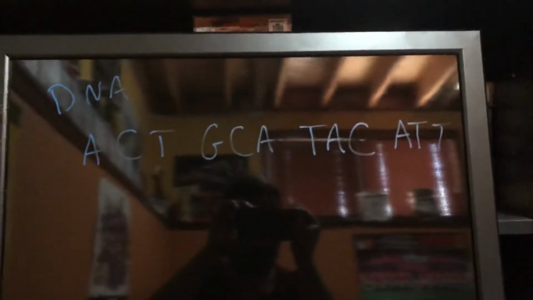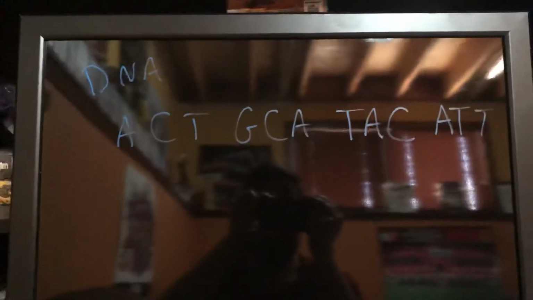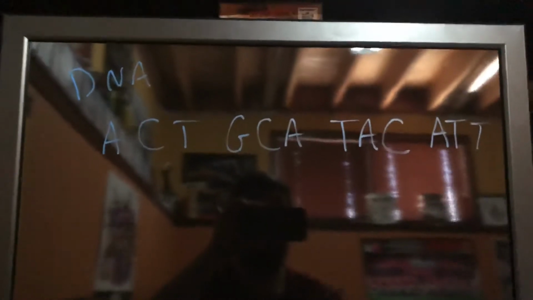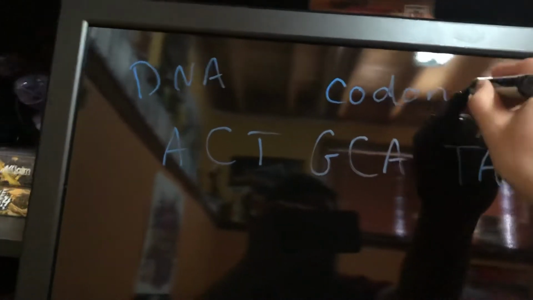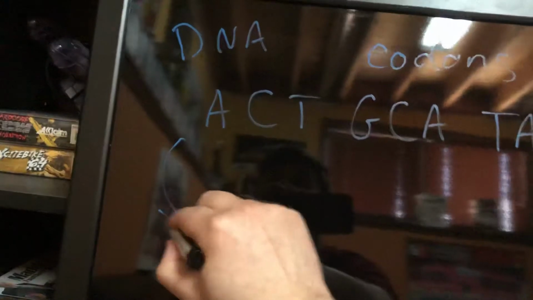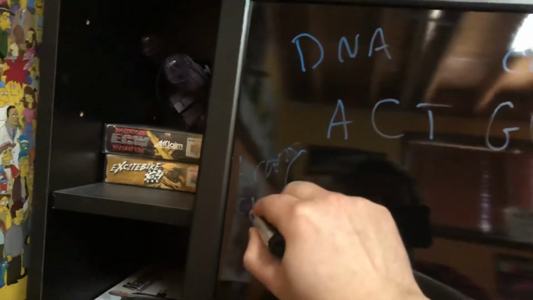Alright guys, so I decided to do an example of how we get the mRNA and the tRNA strands from our strand of DNA. So if we have this DNA strand, I didn't bother drawing it out, I just wrote the 4 bases down. But I also wrote them in groups of 3 because remember, those are called codons. So our transcription process gives us our